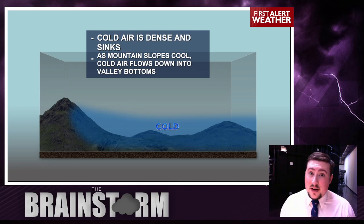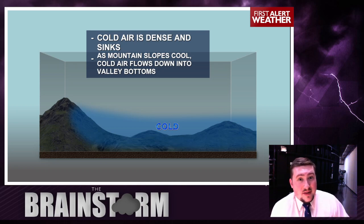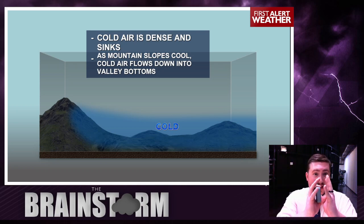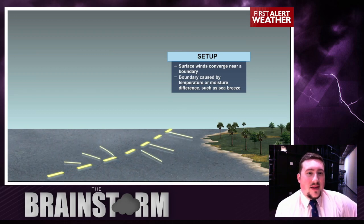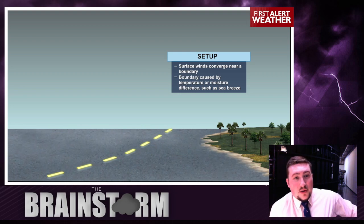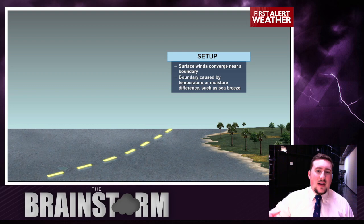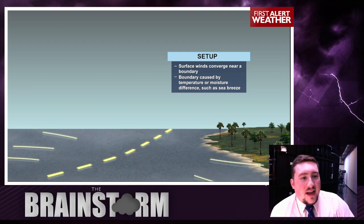Now in this particular case, what is at the bottom? Lake Roosevelt. A much warmer body of water, and it is evaporating water out. It's heating the air above it, so you've got rising air over the lake, and you've got cool air coming down from either direction. This is a setup where you can get these types of waterspouts. You have cold air coming down one mountain slope towards the lake and cold air coming down the other side. They run into each other, so now you've got a boundary,